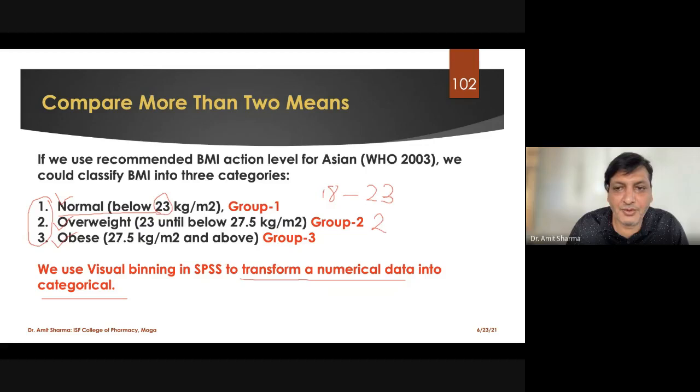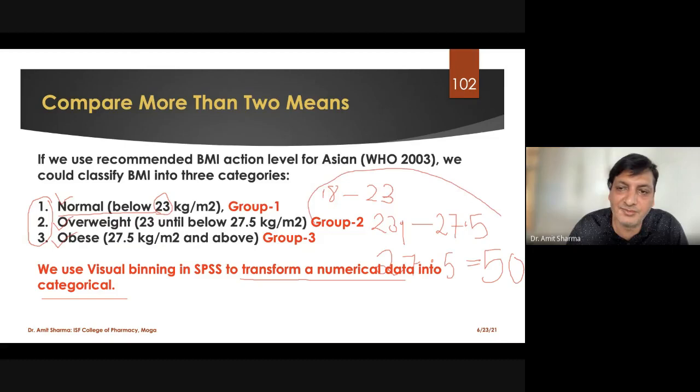Then the second group, 23.1 to 27.5, will be considered as overweight, and from 27.5 up to a higher value. When you don't know what the higher value is, you can add it from your side, for example 50, since you are not going to get any person having a BMI of more than 50. So all will be included under that range, under group 3. Based upon these ranges, you have to make your own groups.